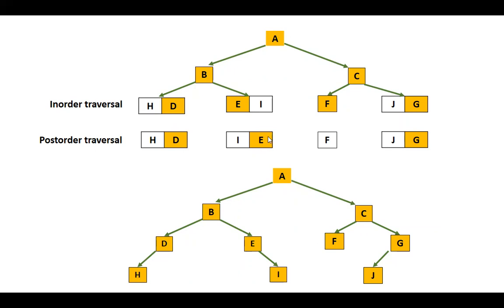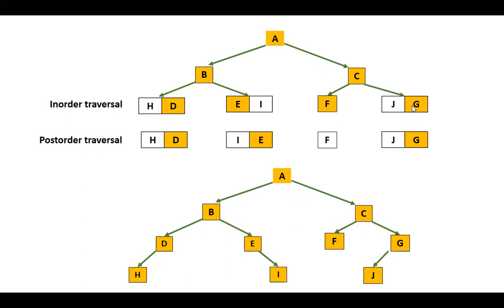Similarly here, E is the root, because we are talking about post order, the last element is the root. Trace it in order, right? It does not have any child on the left side, but it has I on the right side, right? So B, E, and right child of E is I. Right? Now coming here, it's only one node, the only item. So it will be the left child of C. Now again on this side, G is the root.